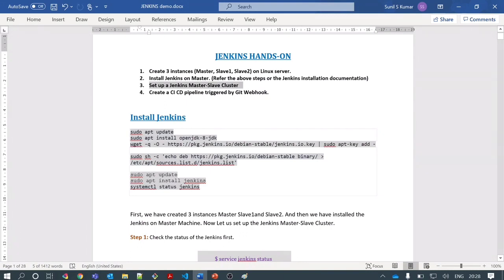And third, I will set up the Jenkins master-slave connection using 1 master and 2 slave nodes, and configure them. Then we will see how we can run a Jenkins job and pipeline, and integrate with a Git webhook for automated triggering of the Jenkins pipeline from a GitHub push or any other action.